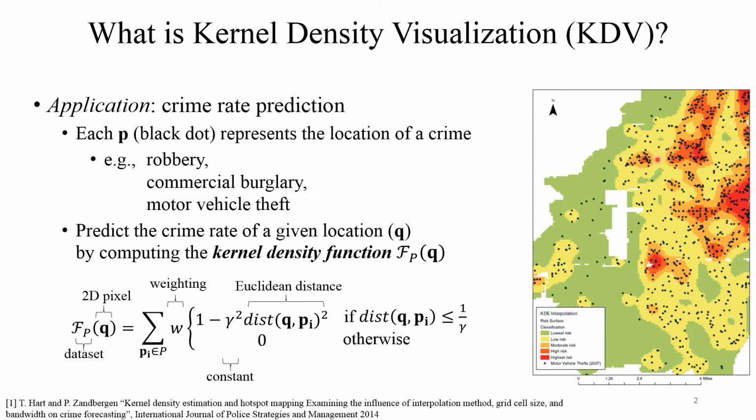As you can see here, there are many black dots in this region. Each black dot represents the location of a crime event. Some representative examples can be robbery, commercial burglary, and motor vehicle theft. The goal of KDV is to predict the crime rate of a given location based on the kernel density functions,